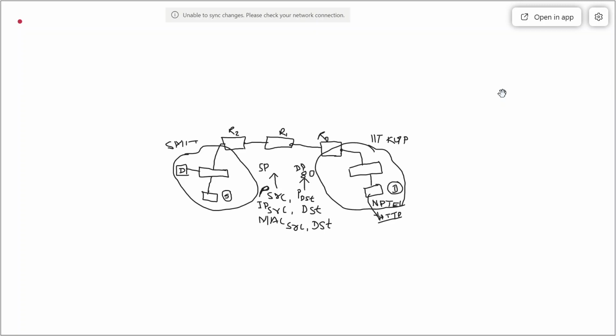Okay, correct. Now coming to source port number. Source port number will be anything greater than 1024, and that will be given by the operating system randomly, whichever port is available. The port number must be greater than 1024.